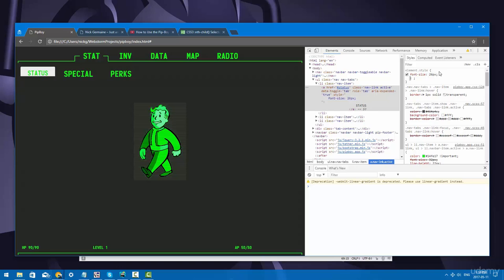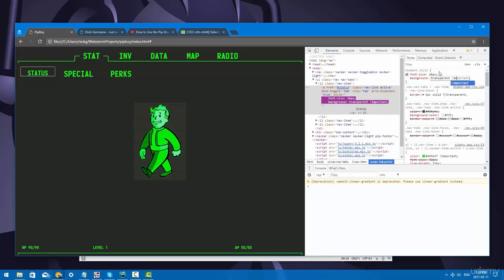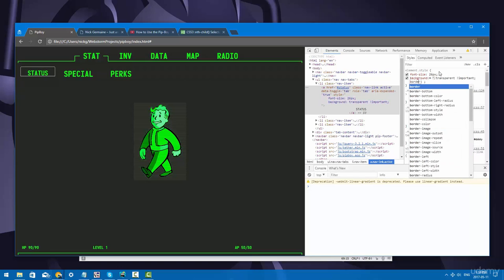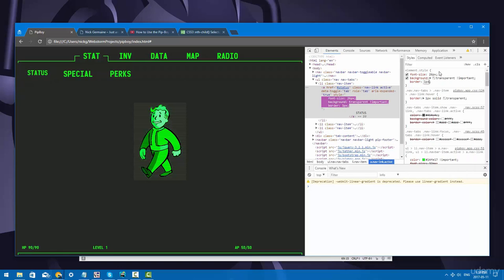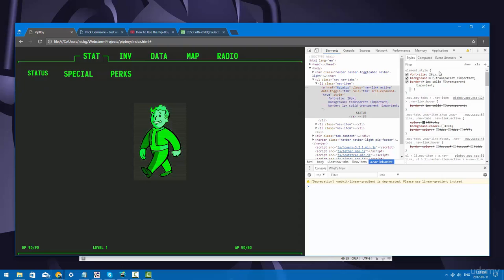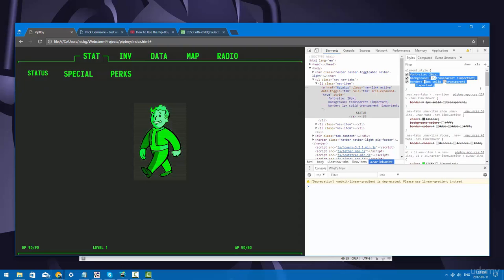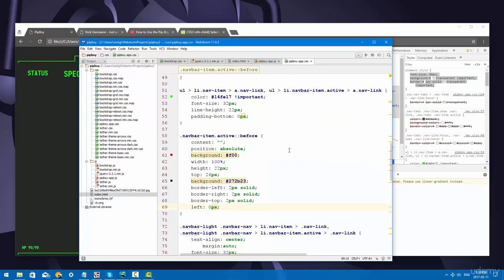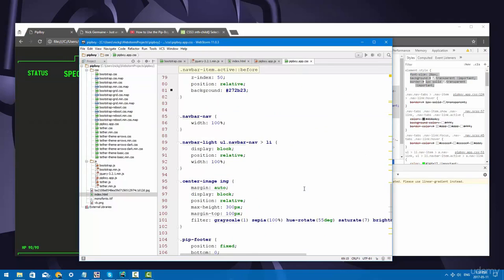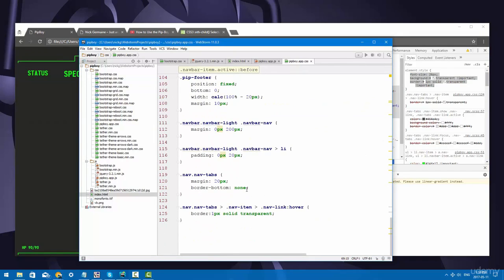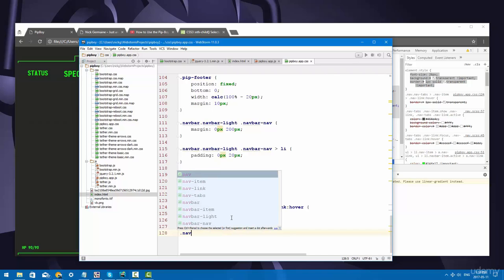That looks a bit better. Background is transparent. It's going to be important. Border 1 pixel, solid, transparent. And this is also important there. So this is going to affect every link in the nav tabs. So we have nav tabs down here and the hover one. But let's go ahead and style nav